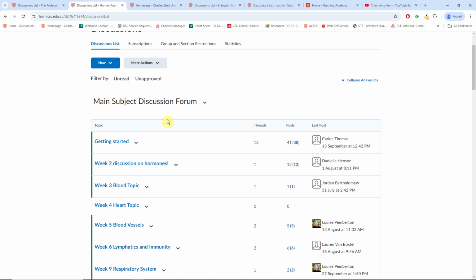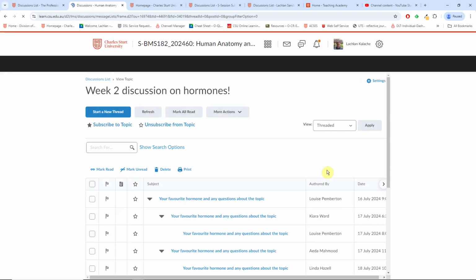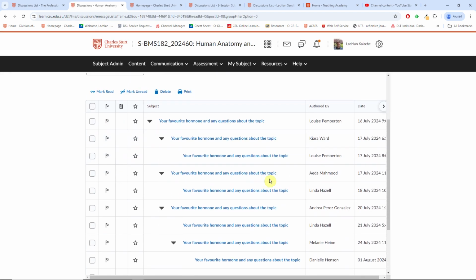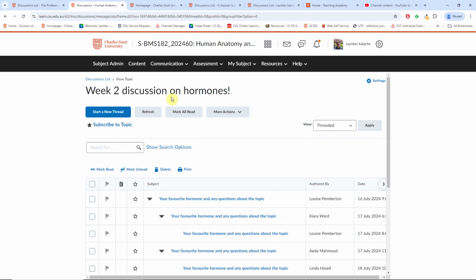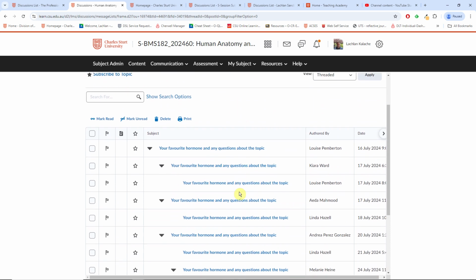But if you're interested in looking at a different way of engaging with discussion posts, you may want to hit the drop down next to each topic and view the topic in grid view. In grid view, what we might do is open the second one, and it will actually show us